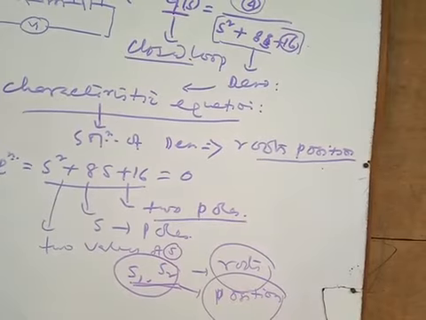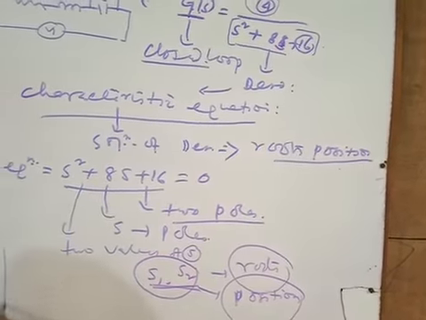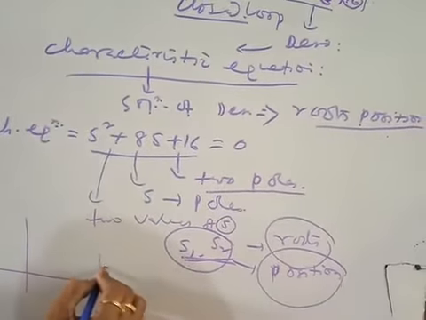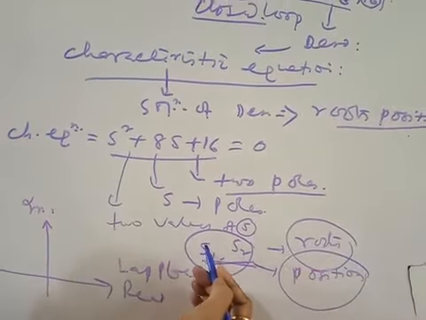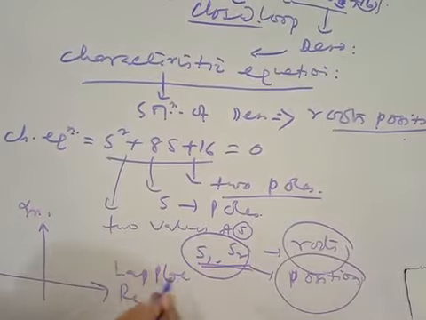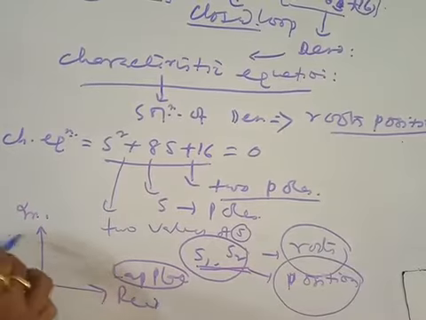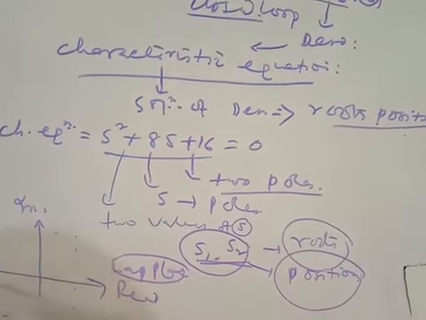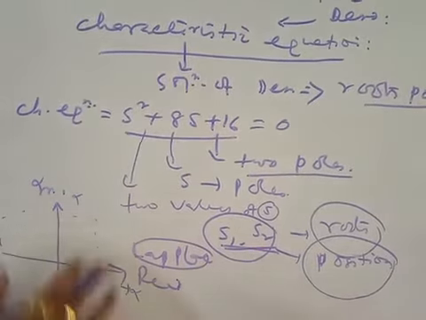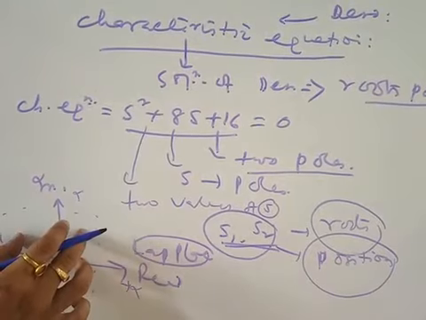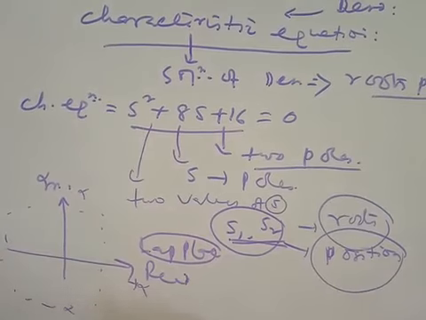Position means we have to describe this in detail using the Laplace plane. Like this is your Laplace plane. The details about the position mean how the poles are located on the S plane. This is known as the S plane, which has one real part and one imaginary part. So this is the complete S plane, which varies from minus infinity to plus infinity. Within this plane, anywhere S1 and S2 could be located, and by seeing the locations and shifting the locations, the performance of the system can be analyzed.